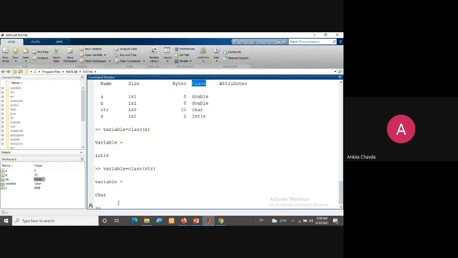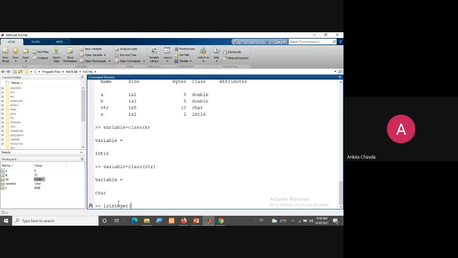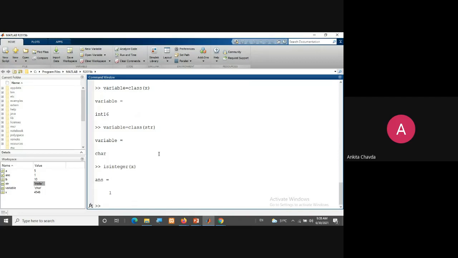So if I'm giving here integer, and here I'm giving the value of x, whether this is integer or not, it will just return you a Boolean answer, either 0 or 1. Fine. That is the answer. So it means that this value is an integer and it is true. If I give the same for variable a, suppose, then it will return me 0. Why? Because a is not integer, its class is double.